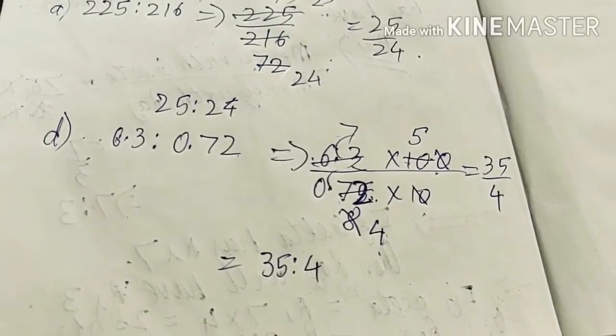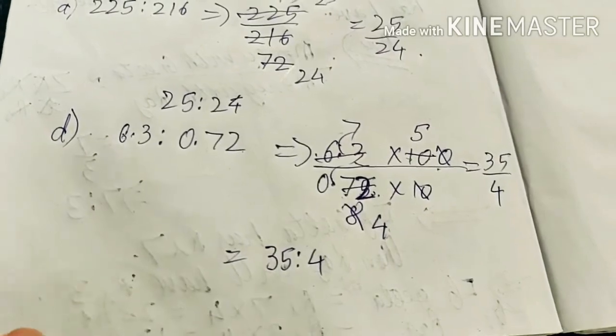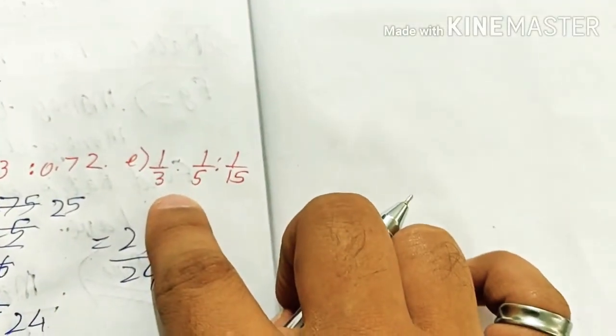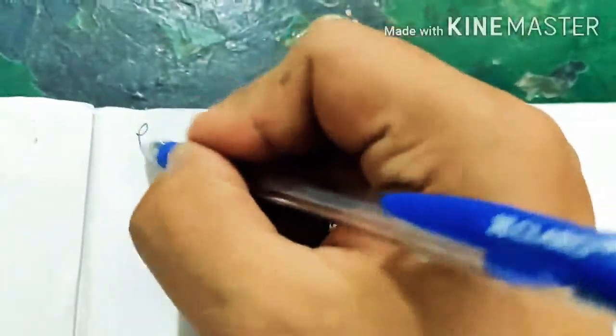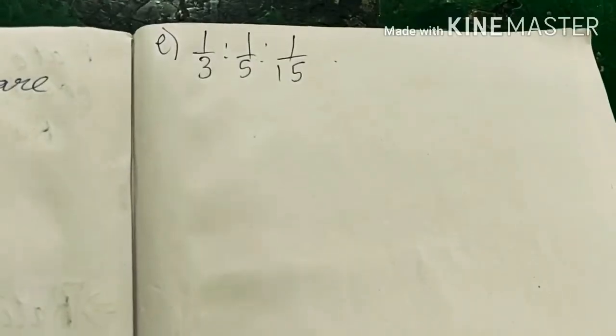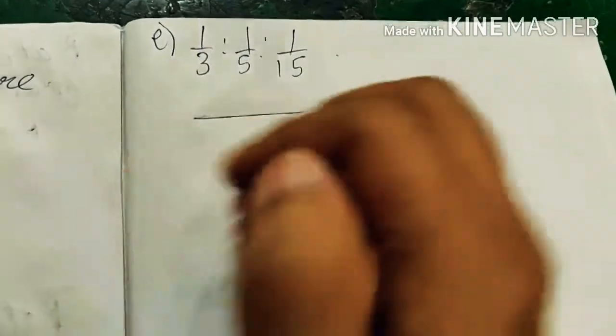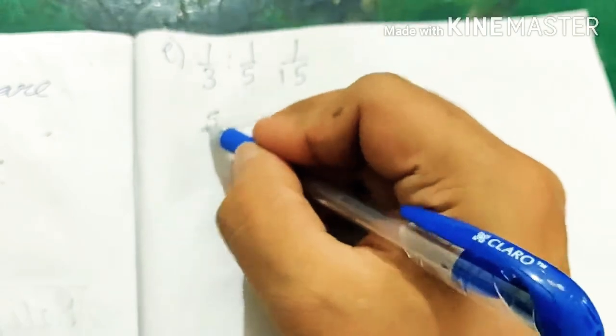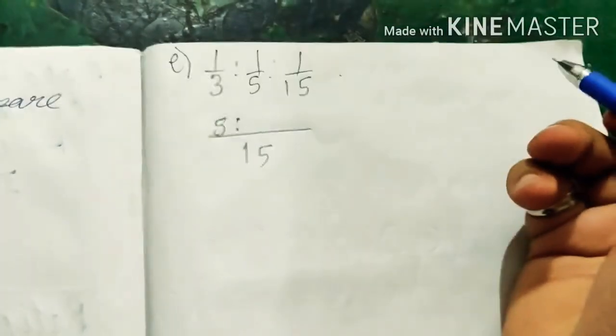Okay, so our next question is 1 by 3 is to 1 by 5 is to 1 by 15. So what we will do, simply we will take an LCM here. 3, 5 and 15, LCM will be 15. 15 divided by 3 gives 5, 5 into 1 is 5. 15 divided by 5 gives 3,